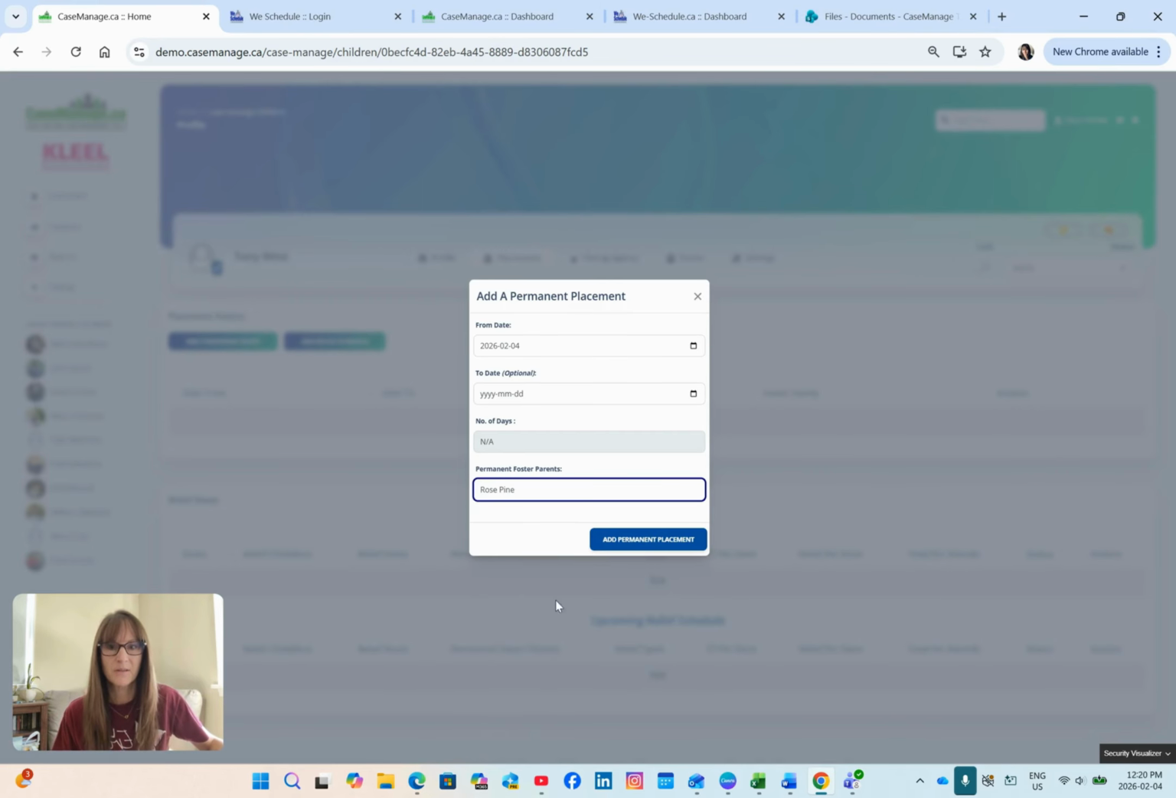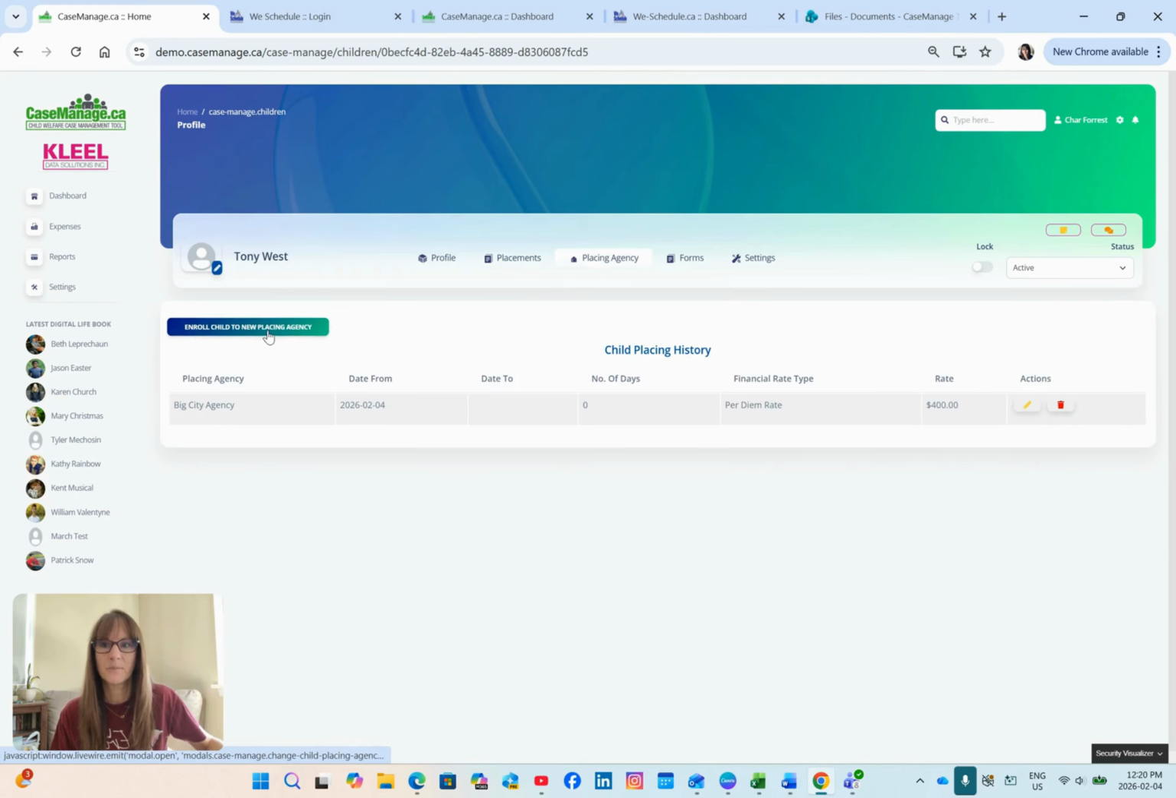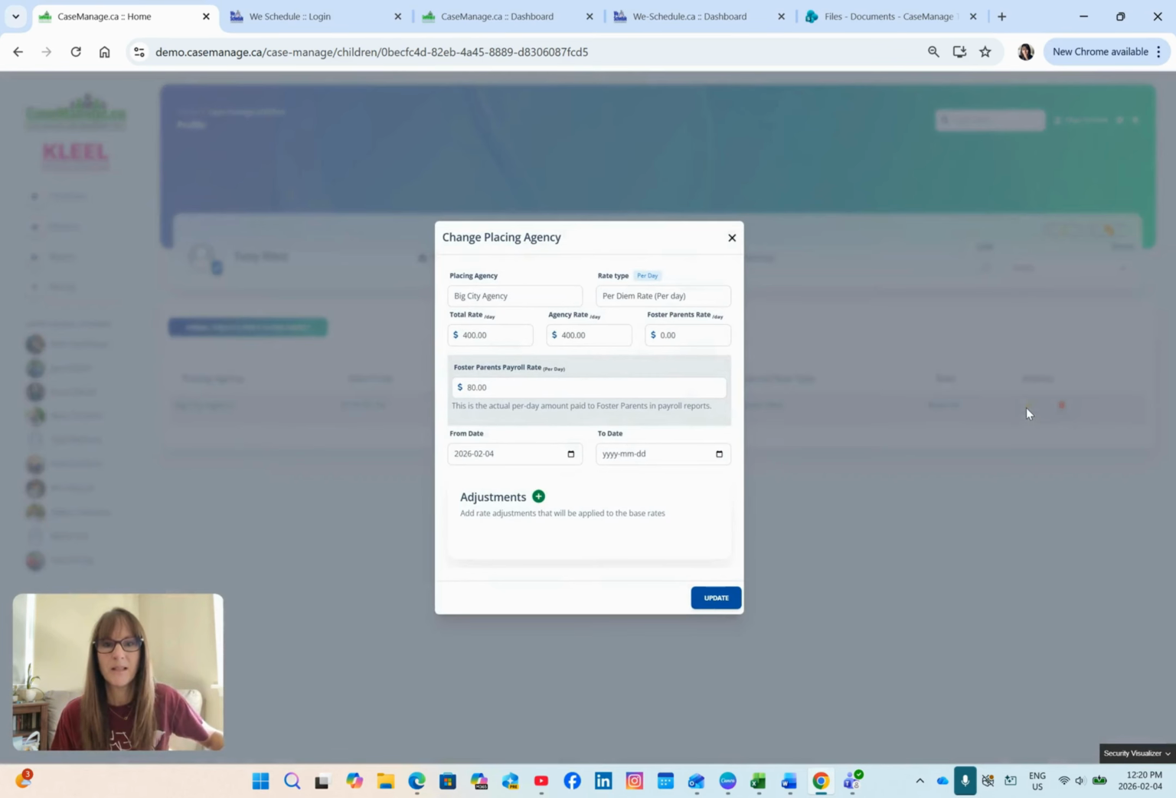So I'm going to select Rose as of today and click Add Permanent Placement. Then I'm going to go to the placing agency and just make sure that this is in here correct. And it has the per diem rate of $400, but doesn't have the foster parent pay here. It does have the foster parent pay here as $80. So I'm going to go in and change this agency rate to $320, and then it'll automatically update the foster